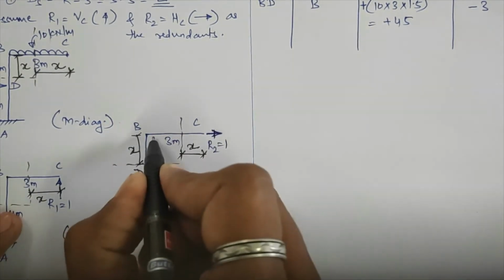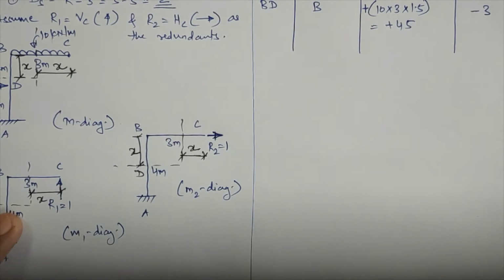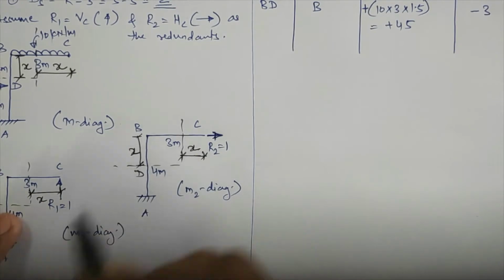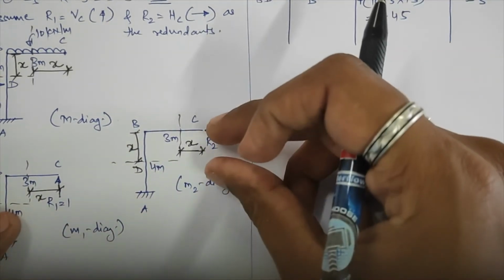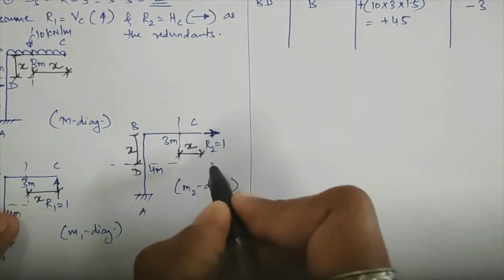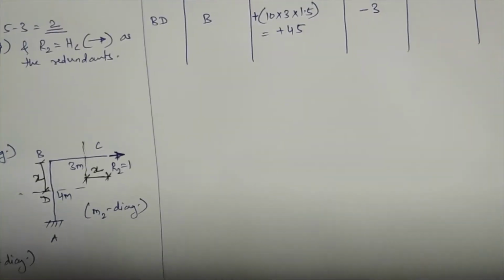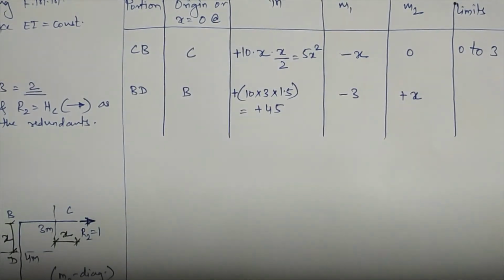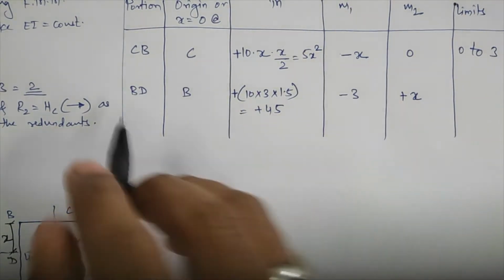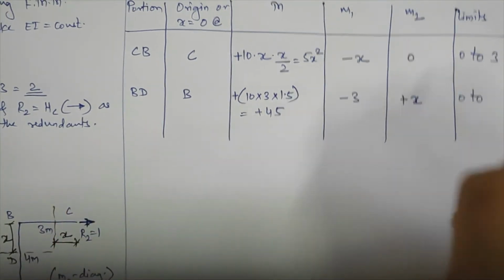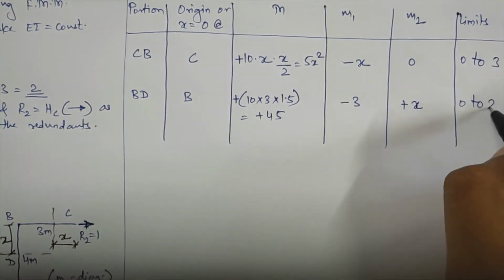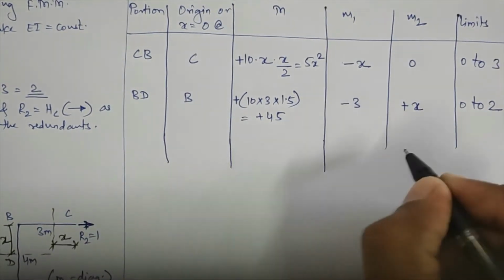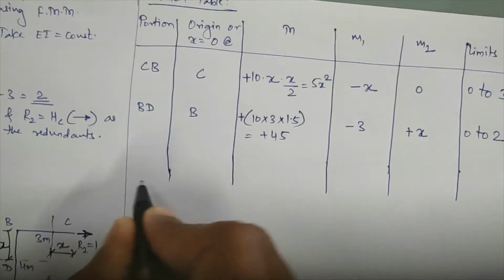Now here you see your perpendicular distance is the vertical distance, so that will be in terms of x. So this moment of this 1 along this point D, how much will that be? 1 into its perpendicular distance, which will be x. So 1 into x, and that moment will be a clockwise moment, so we get plus x here, right? Limits of integration: B to B distance is 0, and B to D distance is equal to 2 here, right? So these will be my moment values for portion BD.